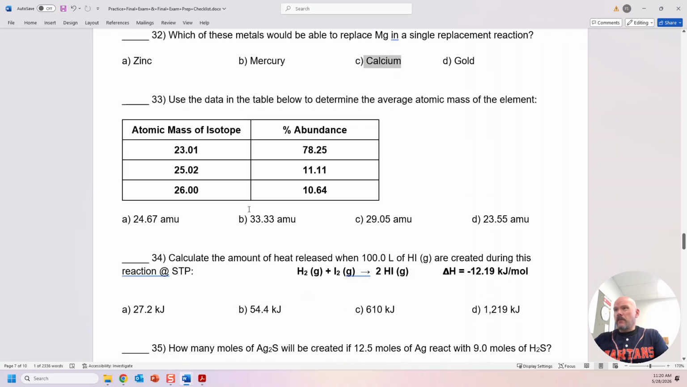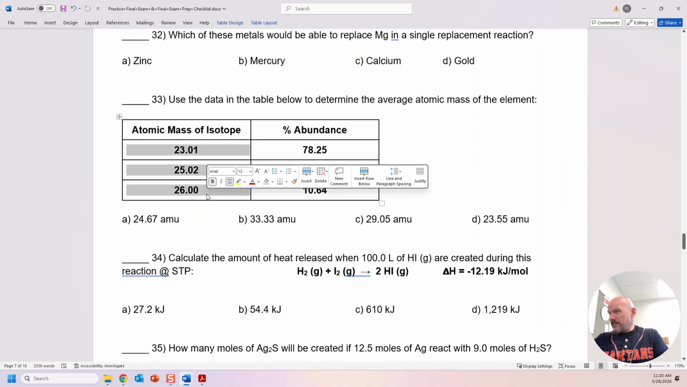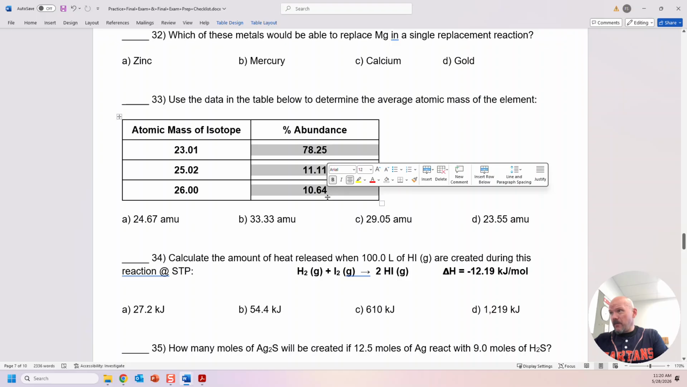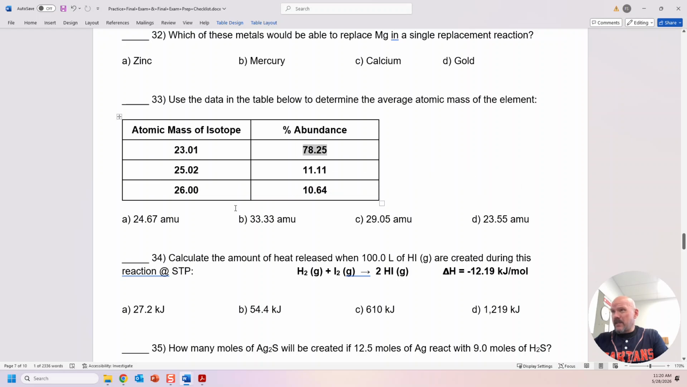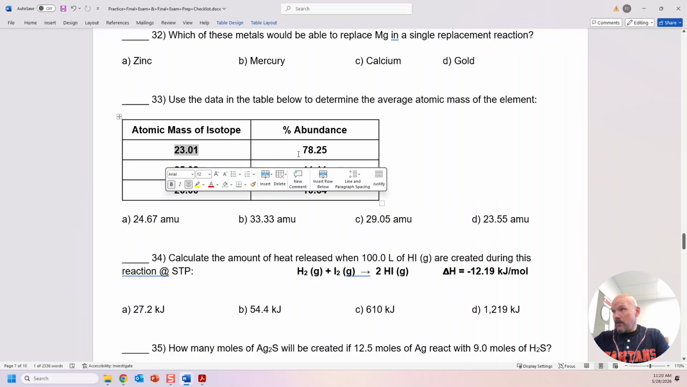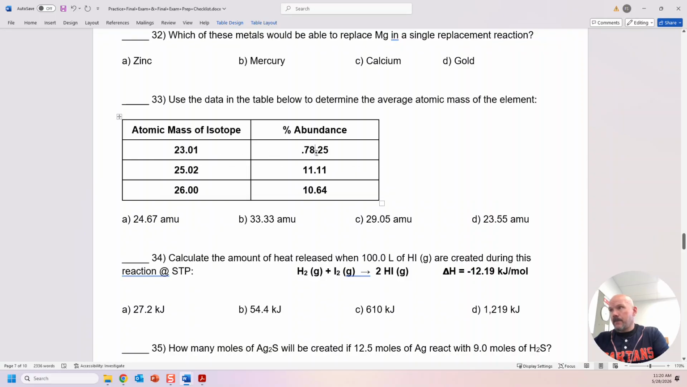So moving on. All right. So we've got our mass number for each isotope, and we have our percent abundance, and we want the average atomic mass. So all we do is take this number and multiply it by this percentage, this number multiplied by that percentage, this number multiplied by that percentage, and then we add them all up. Now, if we keep the percentage in this form, 78.25, then after we add them all up, we have to divide by 100. Or when we multiply this mass number by this percent, we need to multiply by that